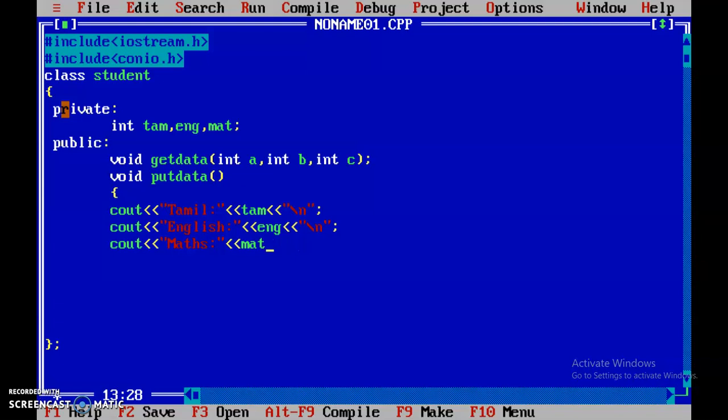Here there is no need of a new line operator, so I just close this. This is the class declaration.